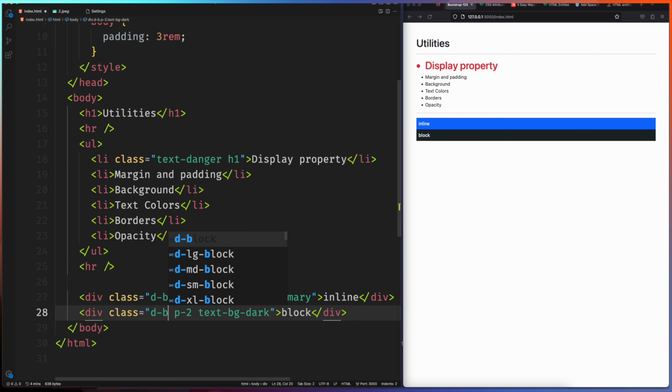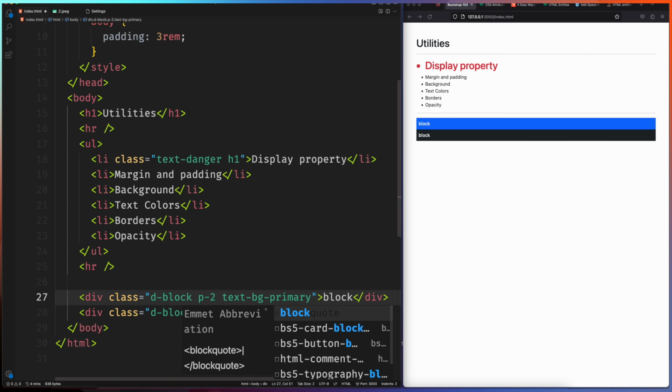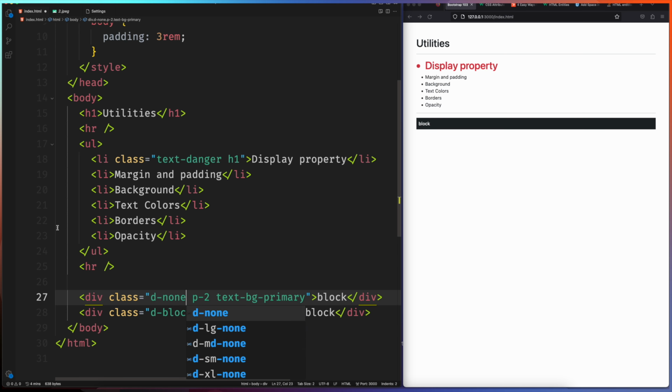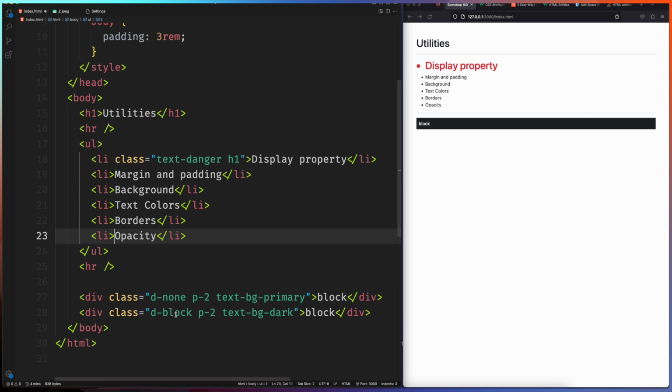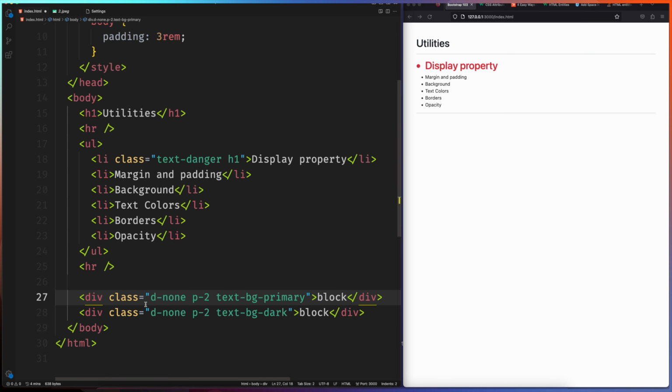So I'm turning this one to block, and then I'll demo other things we need to show you. Now I've been able to do that. The next thing I want to show you is how to make elements disappear, or make them feel as if they don't exist, by specifying none. This is the same thing we'd do if we had to specify the property using CSS. It's so convenient that we can just go to the class and say d-none,